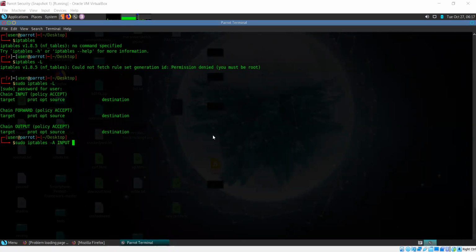Now let's say I want to block incoming traffic from a particular IP address. So -s is for the source IP, and -j is the action to perform. So I'm going to DROP.